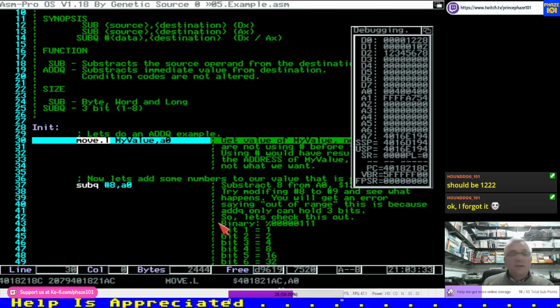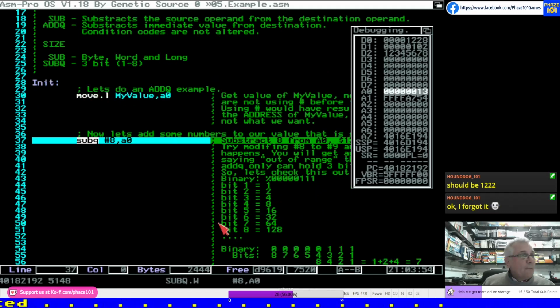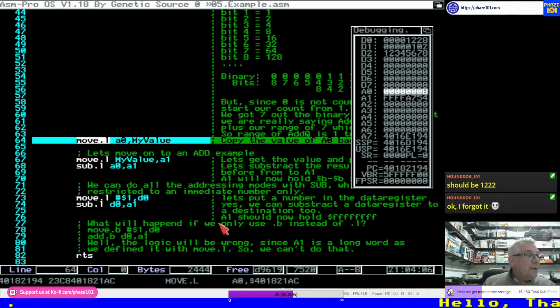Oh, there's 13 hex. So D0 is going to be 13. And then sub quick, but notice that that's dot word, so minus 8 from D0, it becomes 0B. Then we move what we have in D0 into my value. So we move 0B